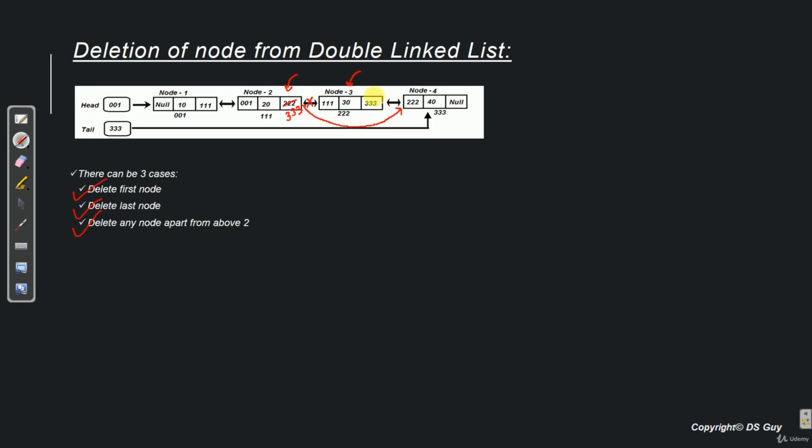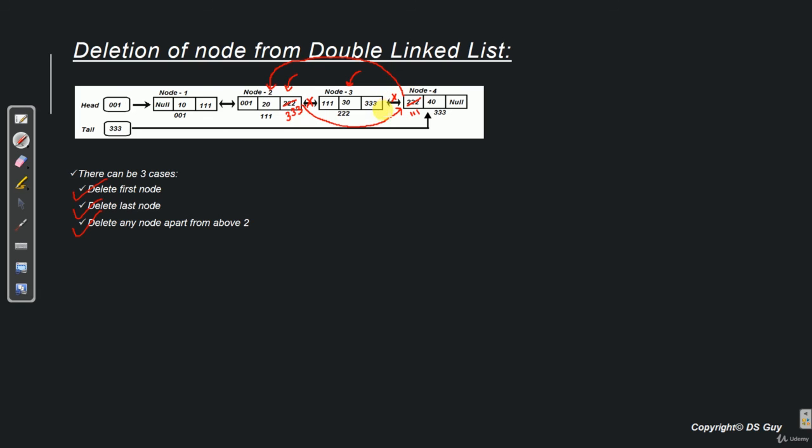Now similarly, we have to update node 4's previous. So instead of 222, we have to insert 111 here, which is the address of node 2. So this will automatically create a link between node 4 and node 2. So this will also destroy the link between 4 and 3.